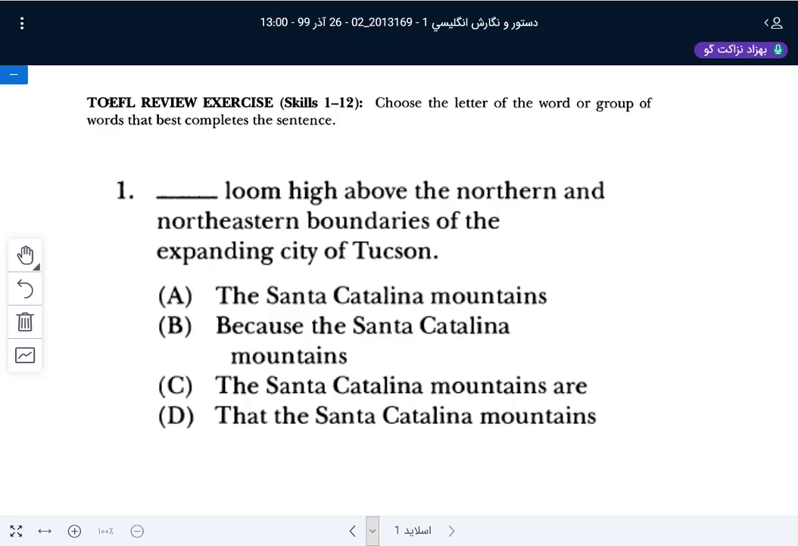Well, from the beginning of the book, we covered many parts, but today we are supposed to start with a review exercise and we will cover skills 1 to 12. Let's start with number 1 and I will ask